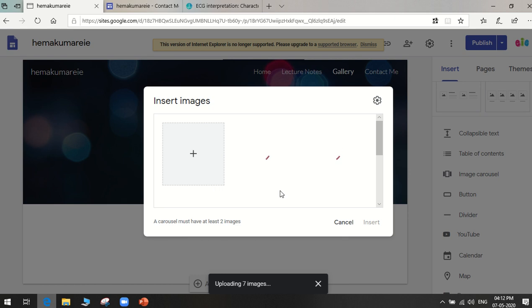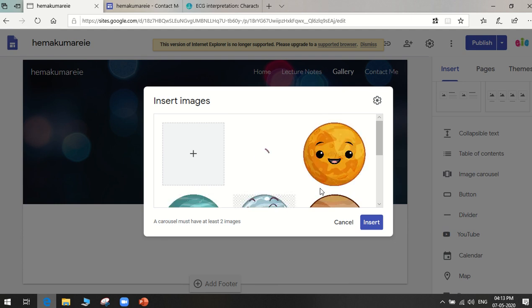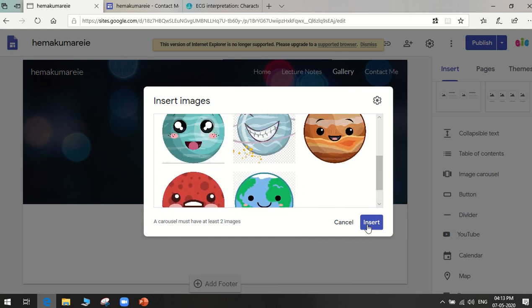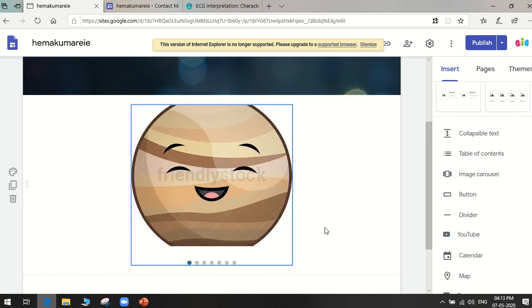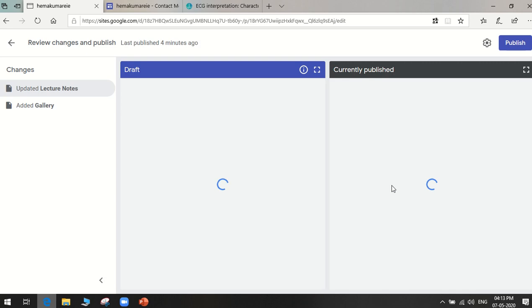So I have all these images, and I'm creating a small gallery. You can upload your own personal photos or student related photos. I'm just giving insert, so automatically all these images will be loaded here. I'll center it, and publish it.